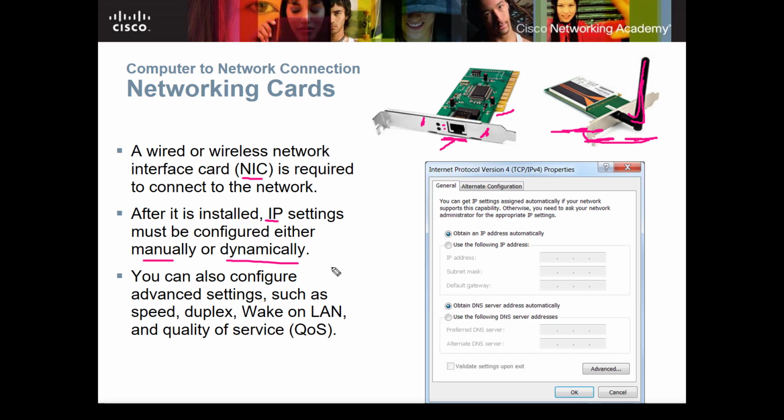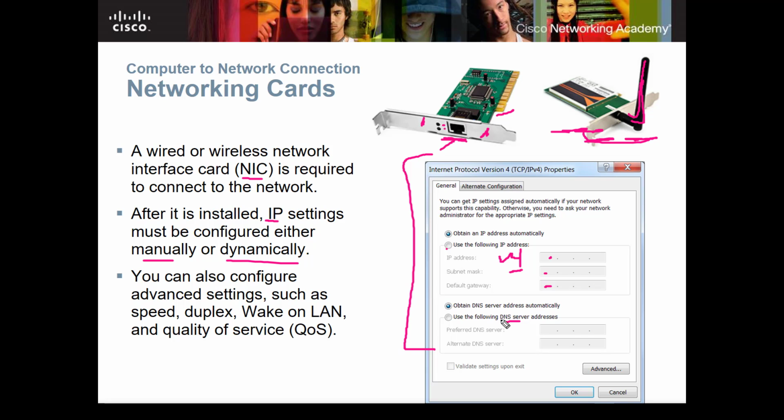Now, if you configure those manually, and this is a Windows screen here, you would go in manually and set an IPv4 address here. You would select that radio button, and you would put your IP address in, your subnet mask, your default gateway. And if you want more help on subnetting, look in the description below. I've got links to my subnetting made easy videos. It's like other people's, but it's something that I've put together. And you would set those manually, and you would set your DNS server manually.